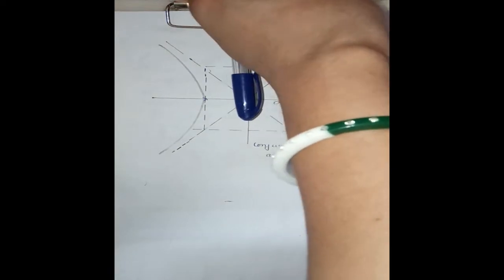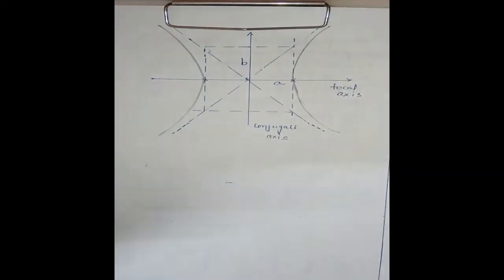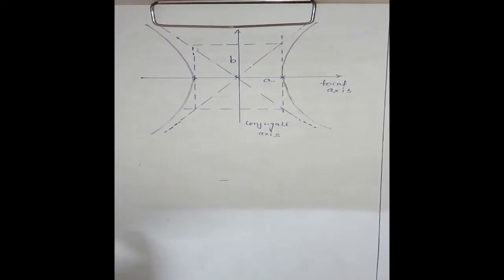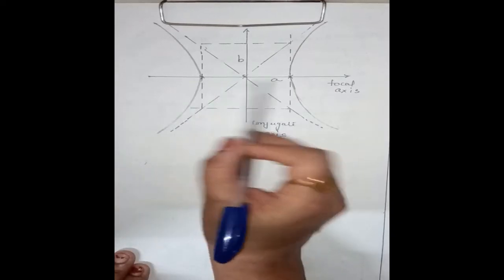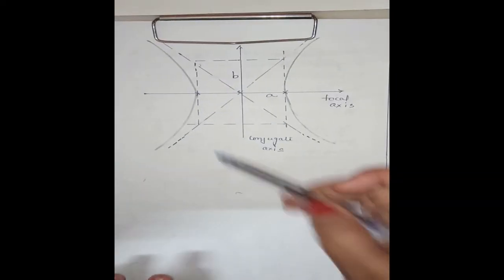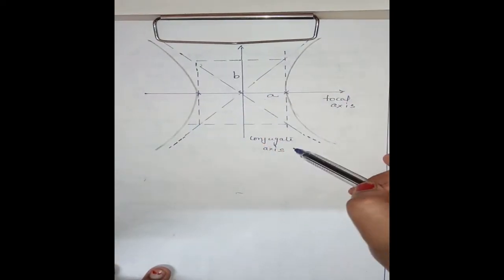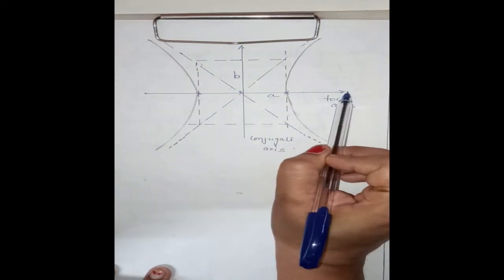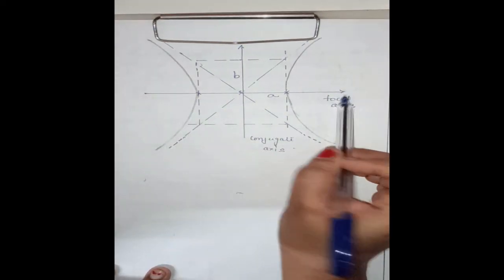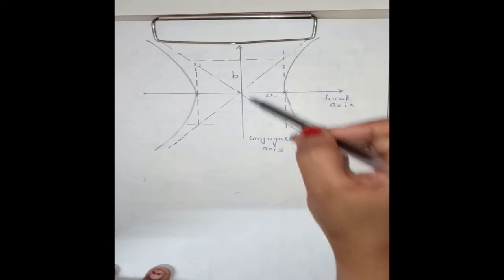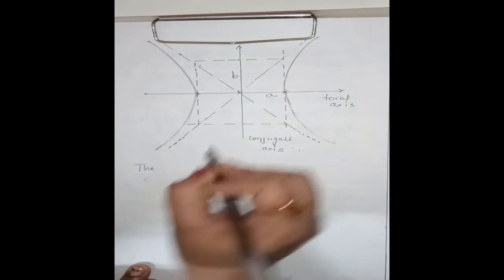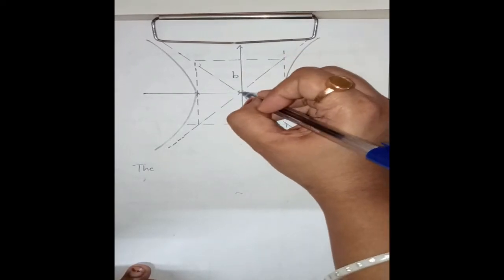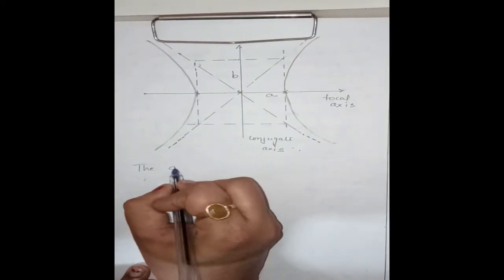Now we have this. This is the hyperbola. These two lines are the asymptotes. This is the focal axis, the line through the foci, and the line through the center perpendicular to the focal axis is the conjugate axis. Now, the asymptotes, these two lines which intersect at the center,